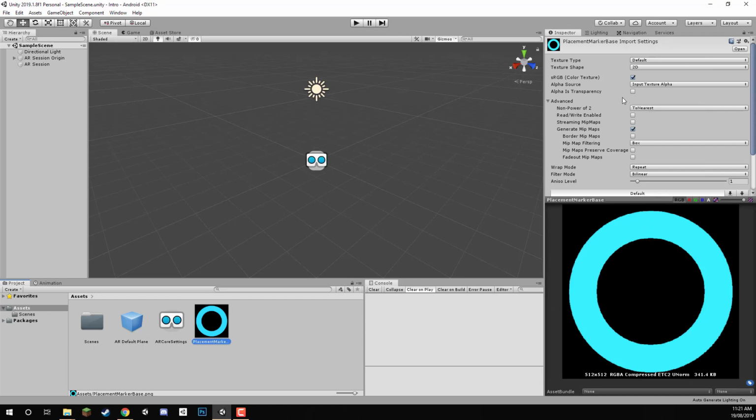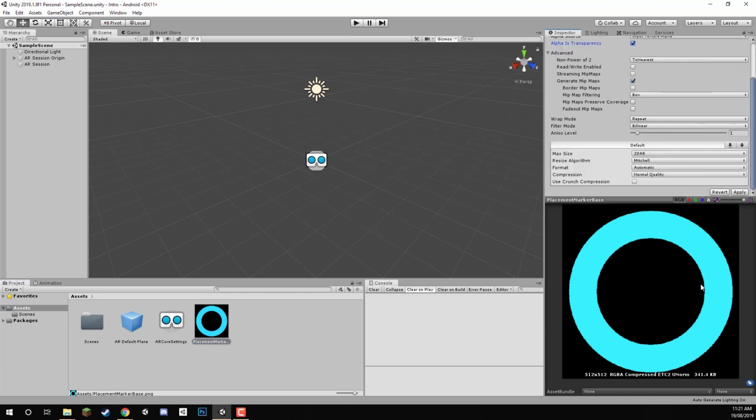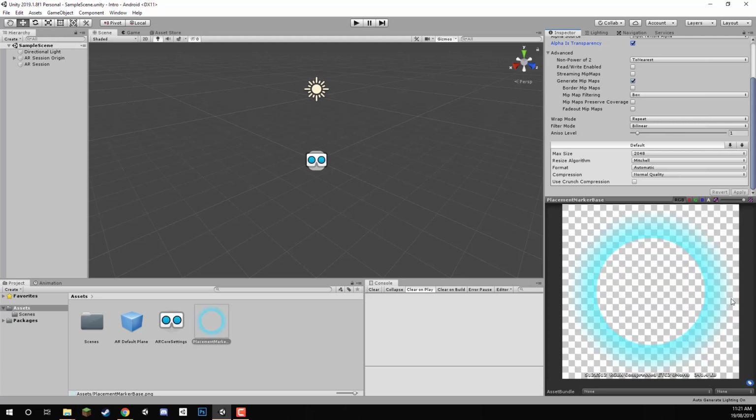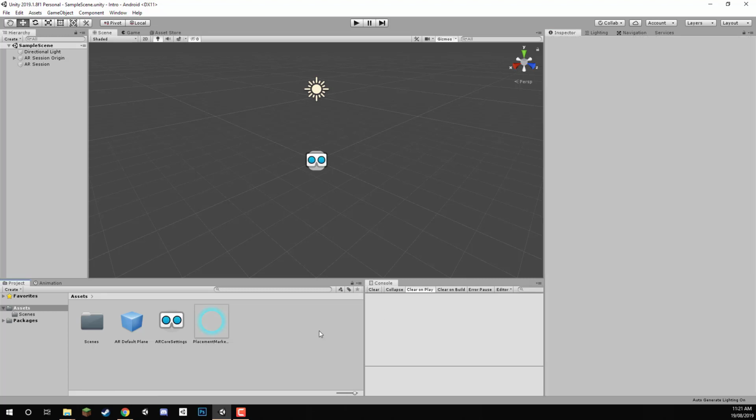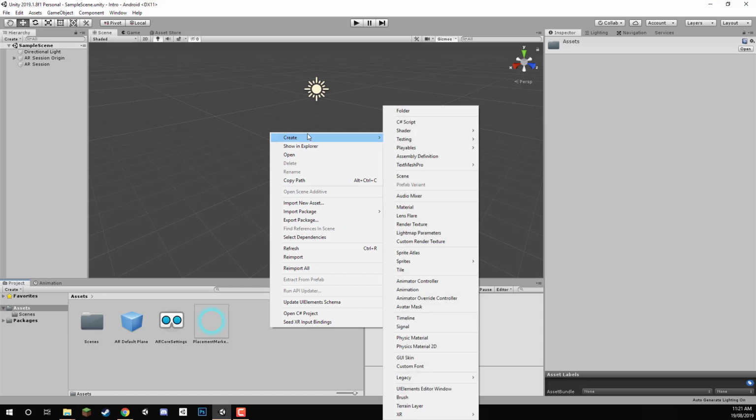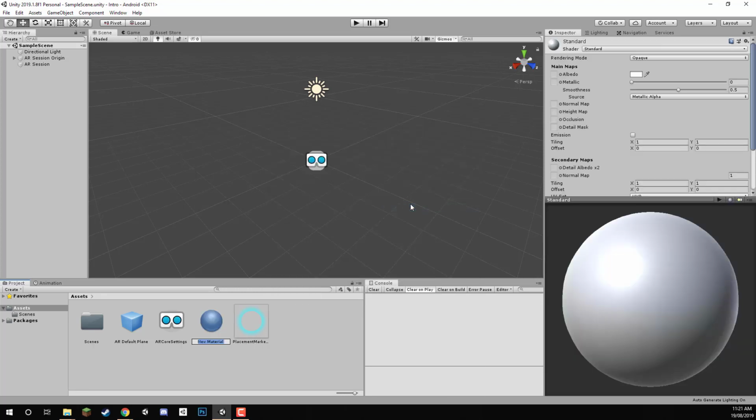And to enable that, we can just enable alpha is transparency, so that all the alpha values are going to be transparent. Hit apply, and there we go. We have the placement indicator set up there. Now what we need to do is create a brand new material. So I'm going to right click on the project window, go create material, and this is going to be called